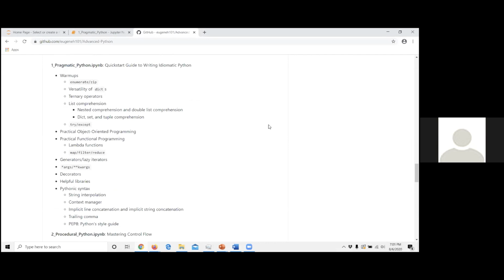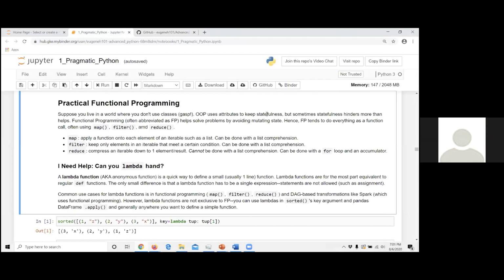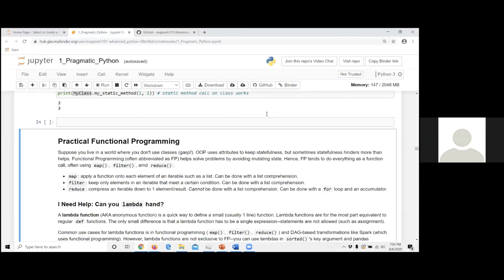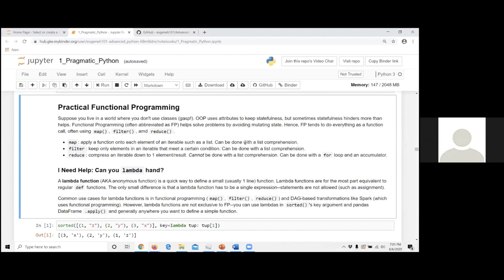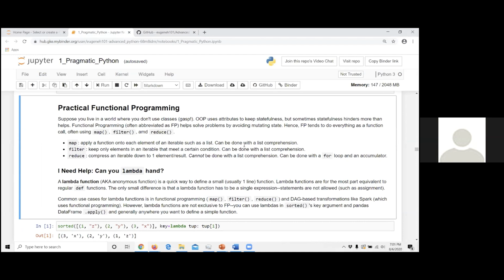All right, guys, it's 7:01, so let's try to see how much we go through this notebook. If anyone has any questions that they just thought of on OOP, object-oriented programming, feel free to ask. Otherwise, we'll go into functional programming. So before we do that, if you have any questions, please ask me. Well, if there's no questions for OOP, and if you have a question and want to save it, feel free to keep it in your mind or write it down.